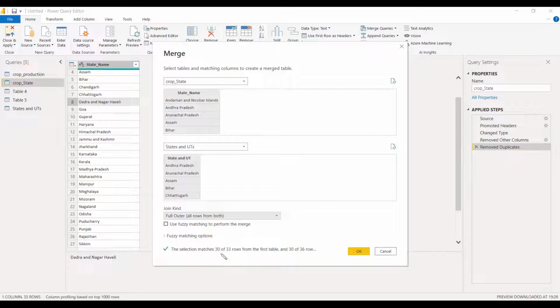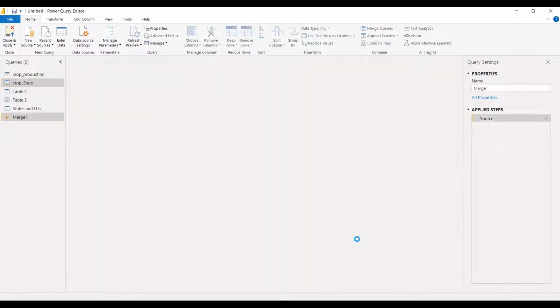So we have 30 rows from the first table, from the left table, everything should match the right table, because the first table has names of 33 states, and the second one has entire states, around 36 others. So definitely the first should match. So we will see why it is not matching, and we are not using fuzzy matching. We are just using without fuzzy matching,